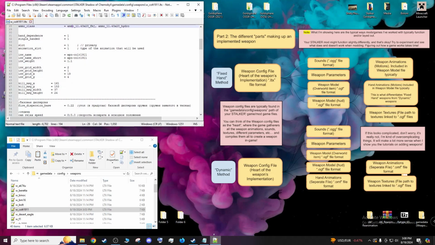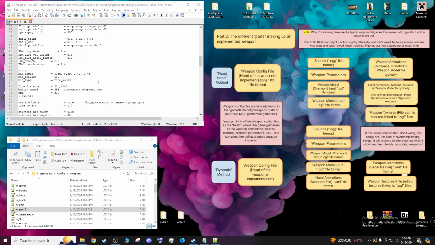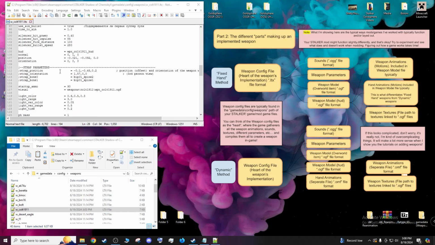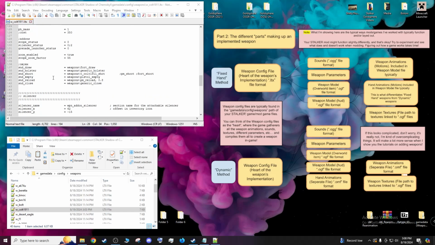Let's pull up this again. So you could find sounds. Look, you could find references to sounds in your weapon LTX file right here, the weapon config file. If you scroll down, you'll see some of them right here. And a lot of the sounds that play correlate to different actions your guns can make in game. Like for example, if you draw the gun, the sound_draw